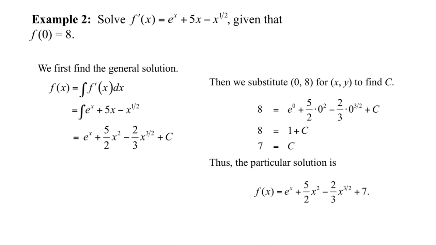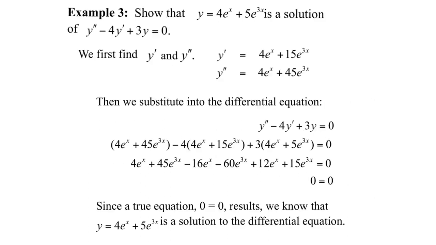Now we will use the condition. So when x equals 0, this is the corresponding y value. If you replace this x with 0, that will be equal to 8. e to the 0 is just 1. This number times 0 is 0. This is also 0. So plus c. Then subtract 1 from both sides. You will get c equals 7. So in this equation, replace the c with 7.